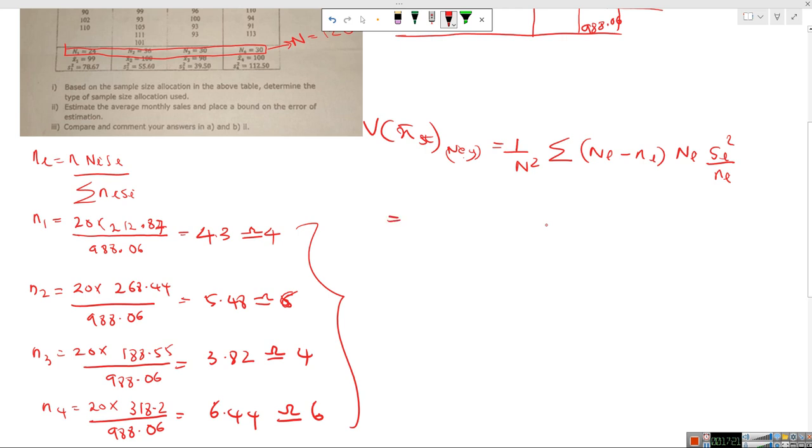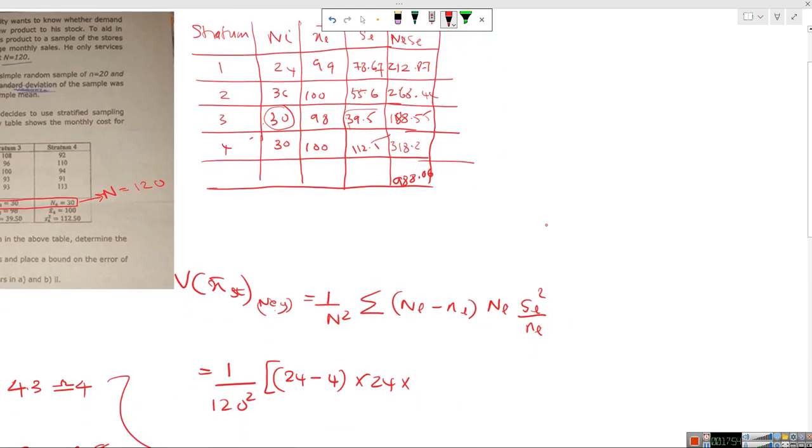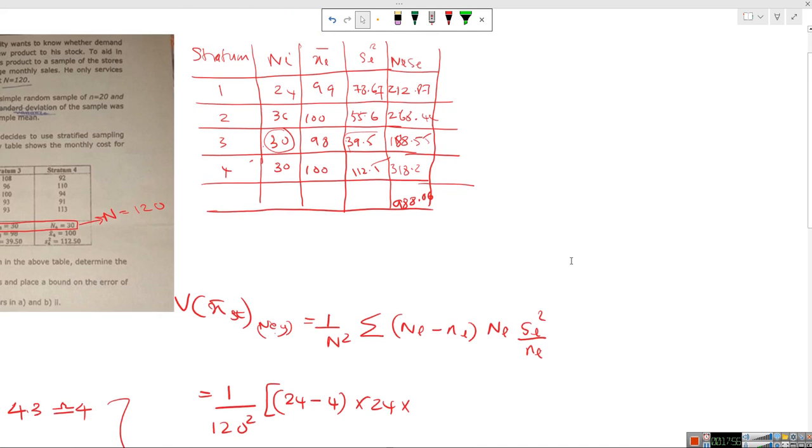Okay, so 1 over n squared, where n is equal to 120, times the summation of Ni minus ni. This is the equation that we have to use here. So now 24 minus 4 into 24 into Si squared. For this value, Si squared is equal to what? In this column we have